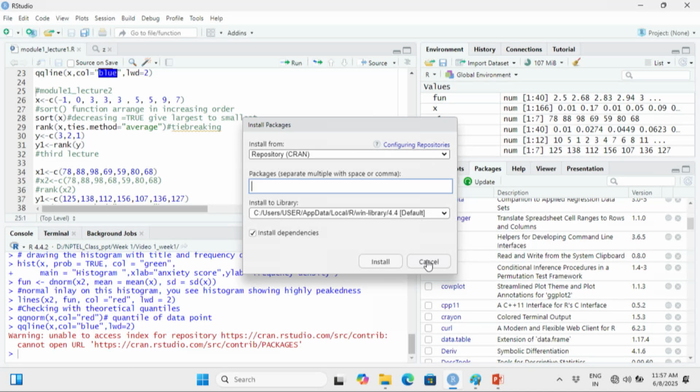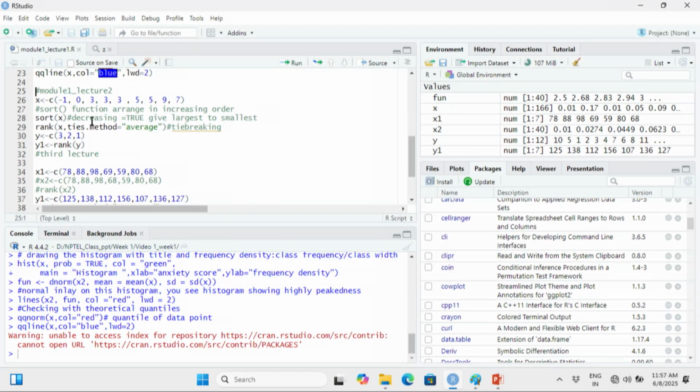Okay, so let me come to that rank thing. Suppose you have that x means the observations. In R, as you know, generally we write the observations in terms of c. c means combining. It is a vector format: -1, 0, 3, 3, 3, 5, 5, 9, 7.